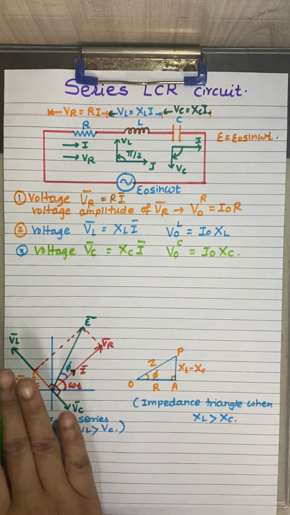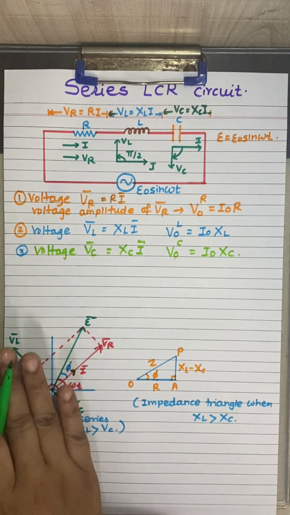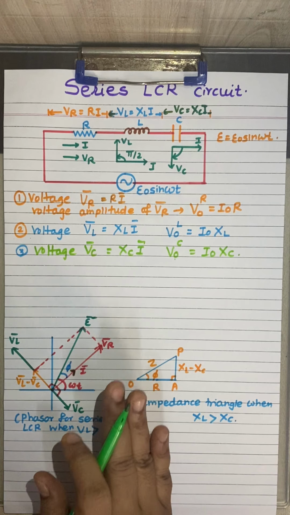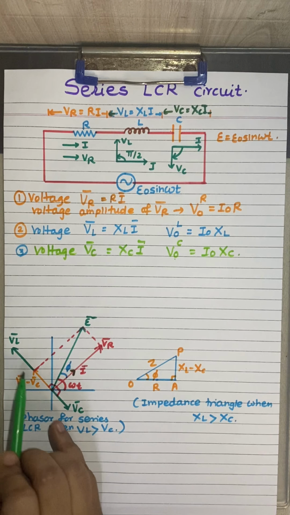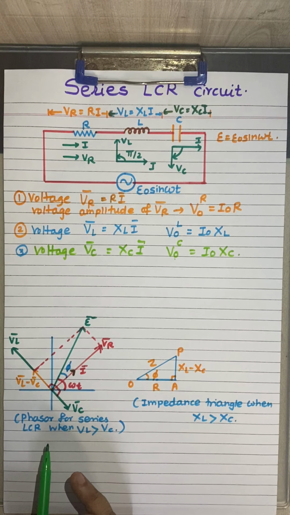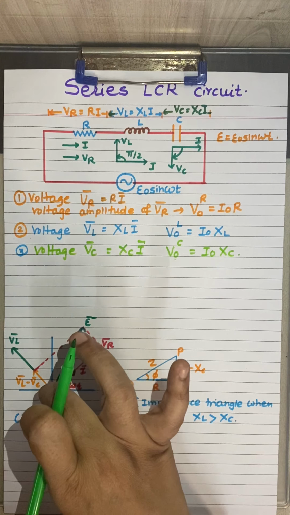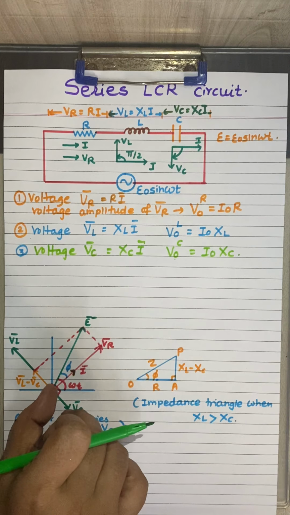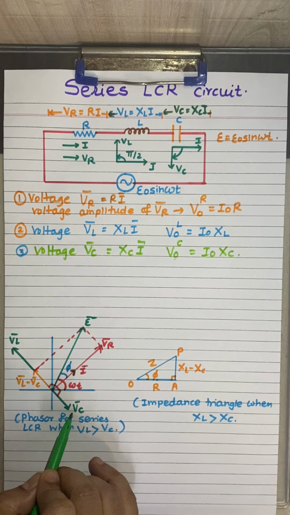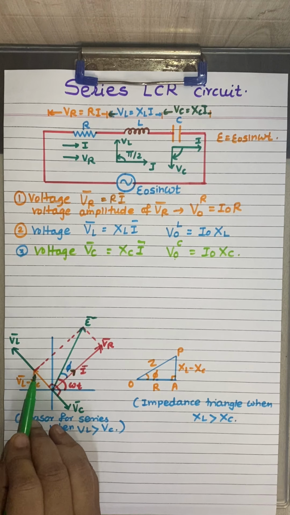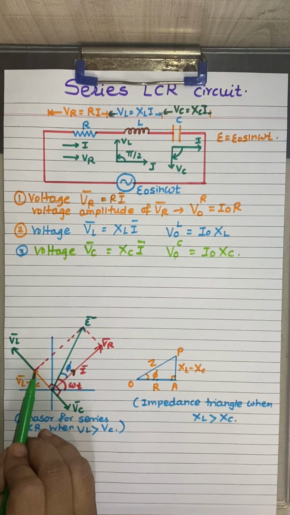Now you can see that all three phasors, for the inductor, resistor and capacitor, with respect to the current, are involved in one simple diagram. As we can see, VL and VC are in exactly opposite directions, so we have to find their resultant. What I have done is take this VC phasor and turn it in the opposite direction. So if this is plus VC, then this orange color line is minus VC. So this is VL and this is minus VC.